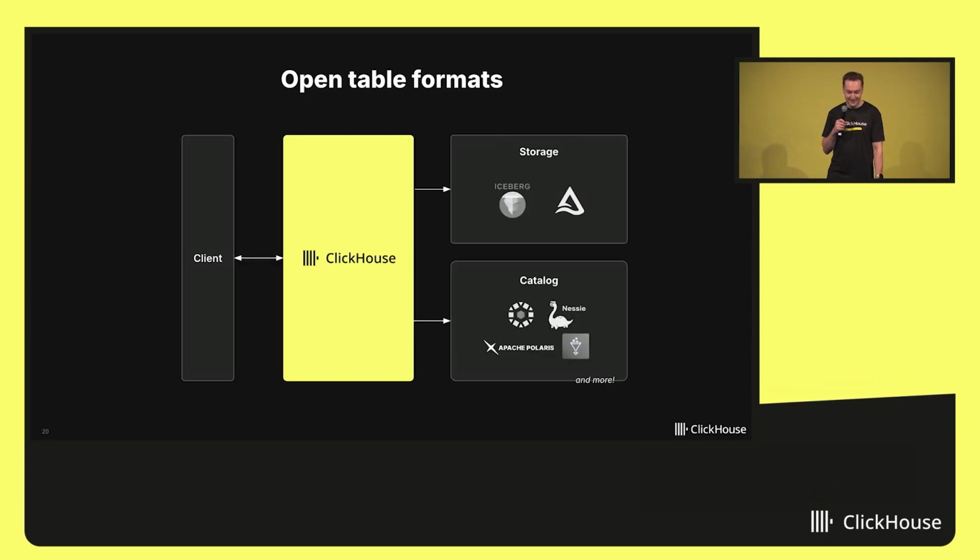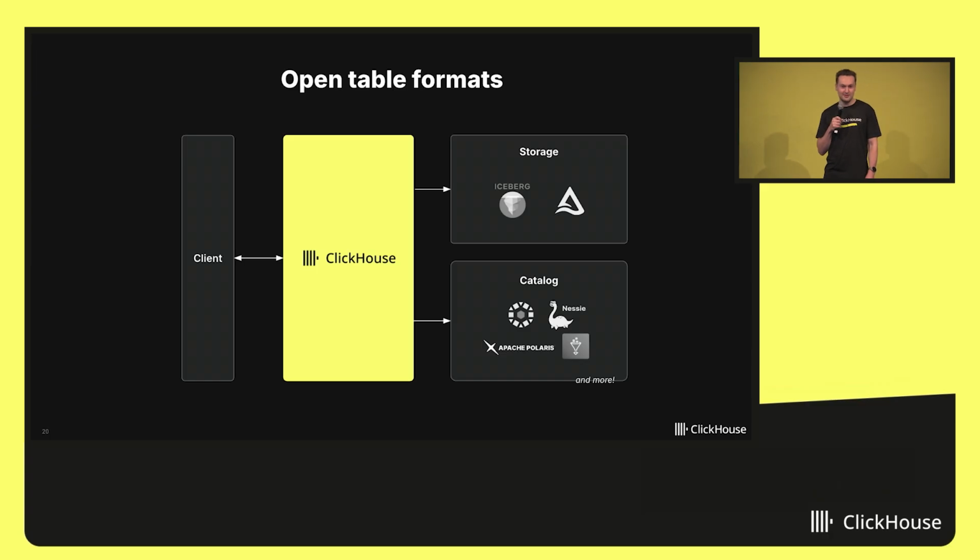What else? About open table formats. You know that ClickHouse already has an open table format, MergeTree, which is the best format. If you have your data, the best way is just to store it in a MergeTree table. But also we care about interoperability with different open formats.